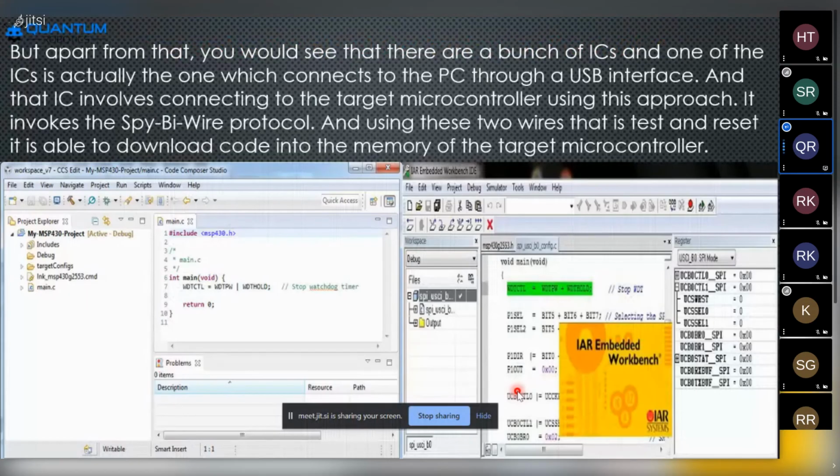And here you can see how we are going to compile that particular task. And this was Energia.